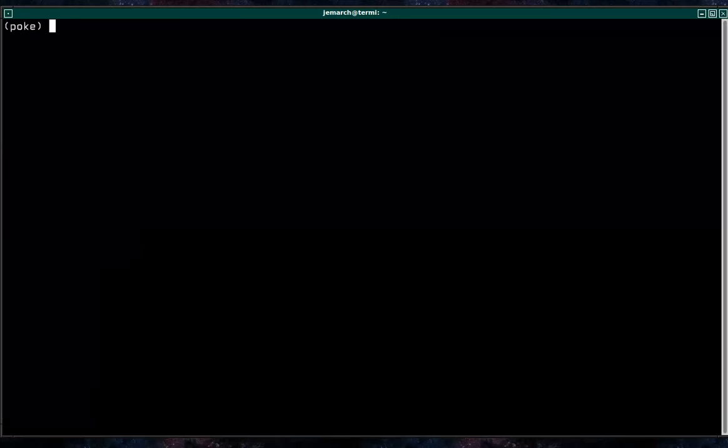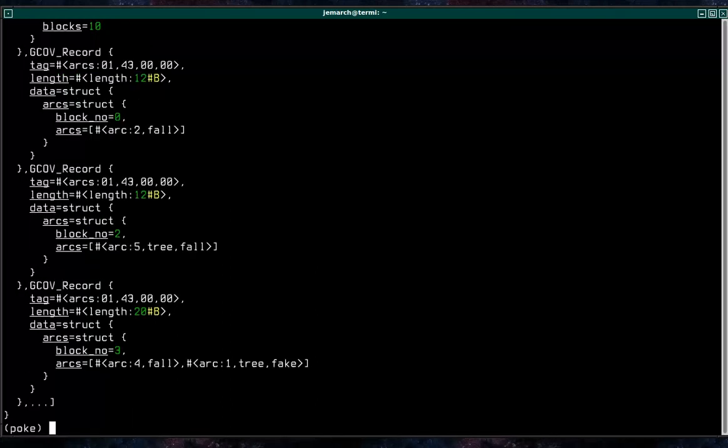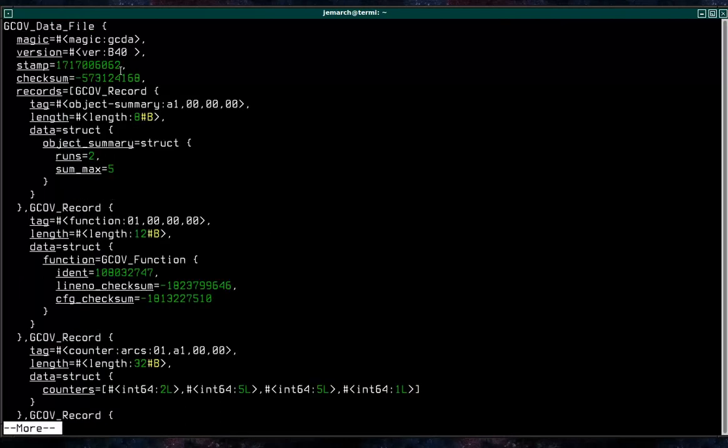So yeah, let's see the nodes. Then we have a GCOV string. Remember that it had a little weird encoding, but now we have it pretty printed, which is nice. This flag, support unexecuted blocks, happens to be 1, and then we have a list of records. And for the data, we have similar header fields, and then we have a sequence of